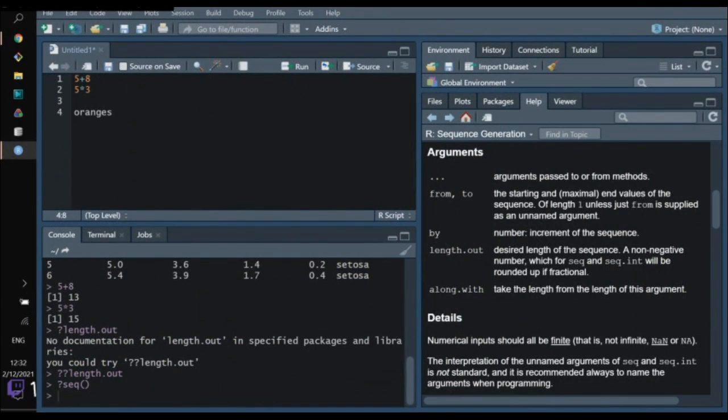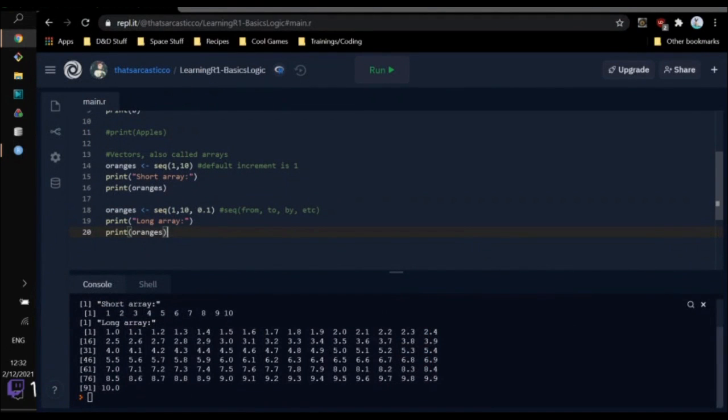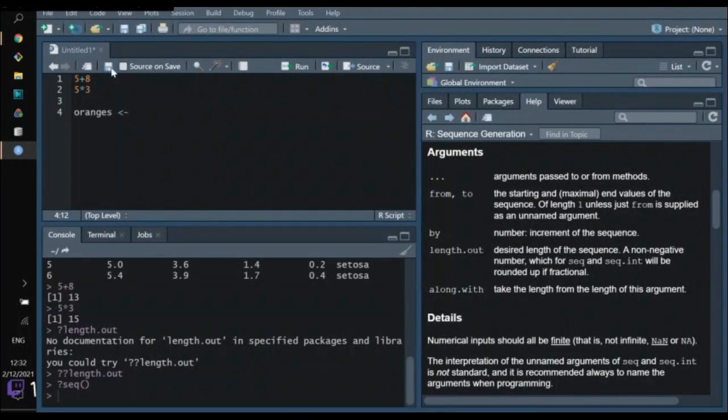Oranges equals, and the shorthand for that little equal sign is alt and then the minus character. At least in RStudio. I don't think that works here. Nope, it does not work in the REPL, so this is an RStudio thing specifically. So 1, 10, increment 0.1, and then,